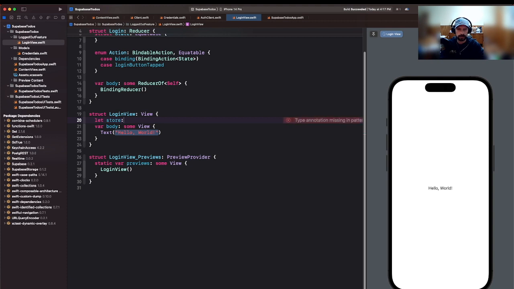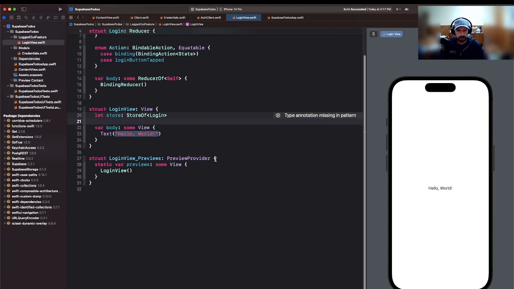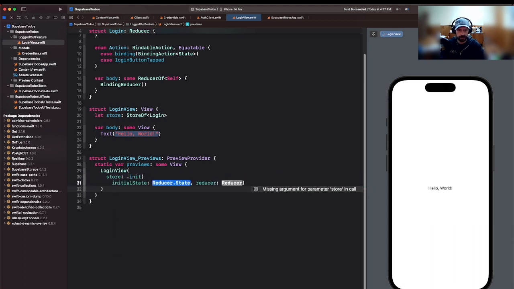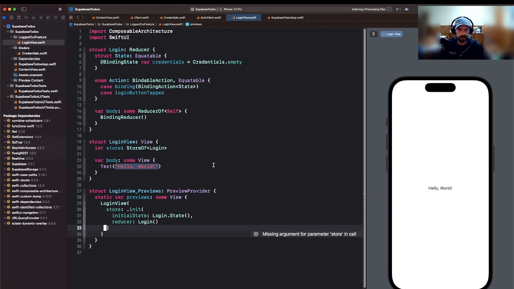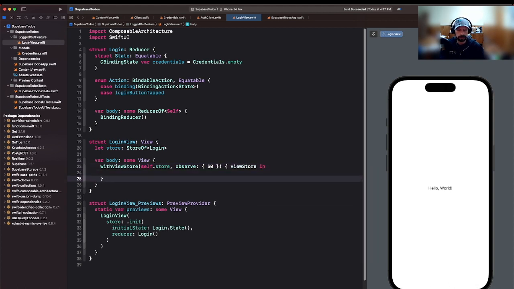So let's do a store of Login, and then make all this stuff happy. So Login.State. Then we have a Login reducer. Okay. So let's see. Now we do a WithViewStore. We're going to observe all the state changes. Then that gives us a view store,